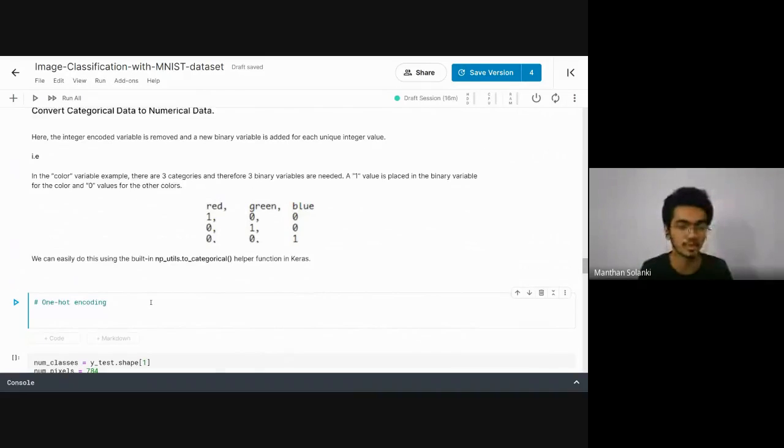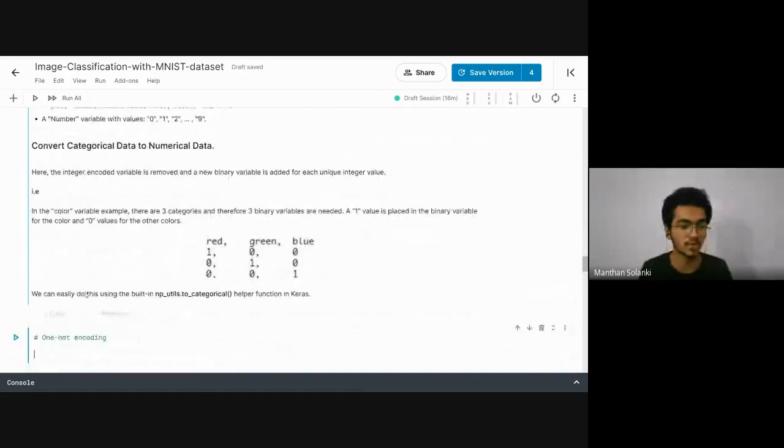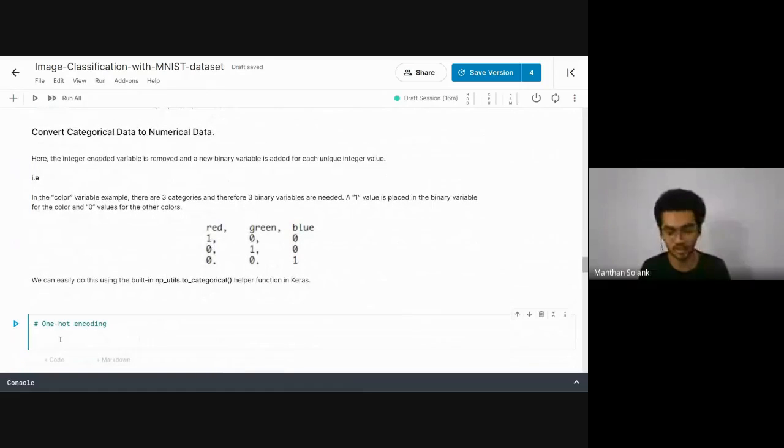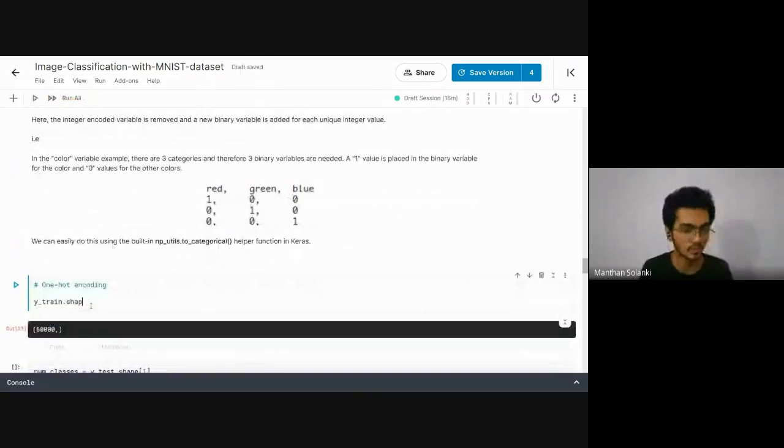How can we convert the categorical data into numerical data? First of all, let's see the shape of our y train, which is 60,000. Now we have to assign a matrix of 10, because we have 10 classes, for each and every class.